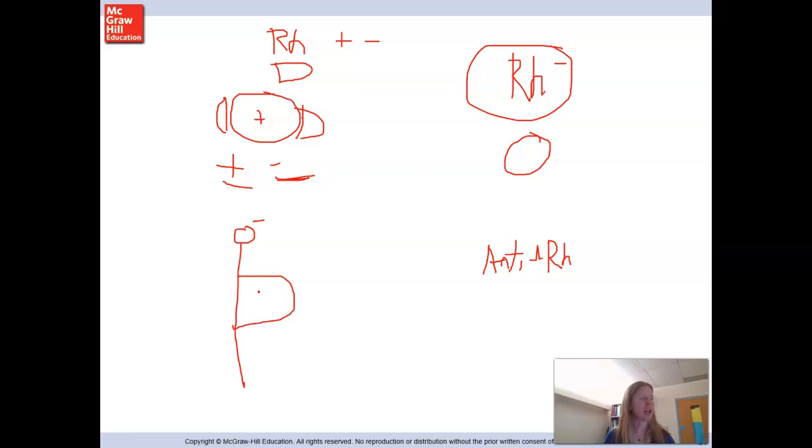So if she's Rh negative, but the baby, man, why didn't they hire me to draw the pictures in your book,